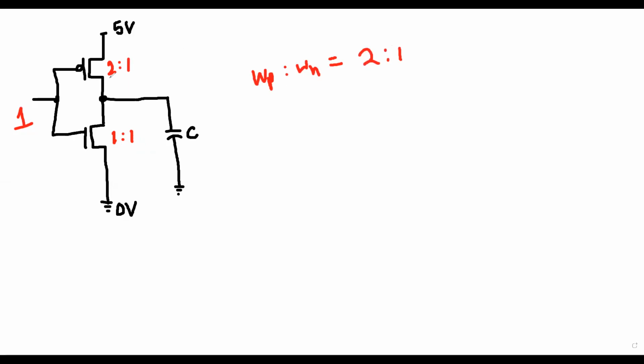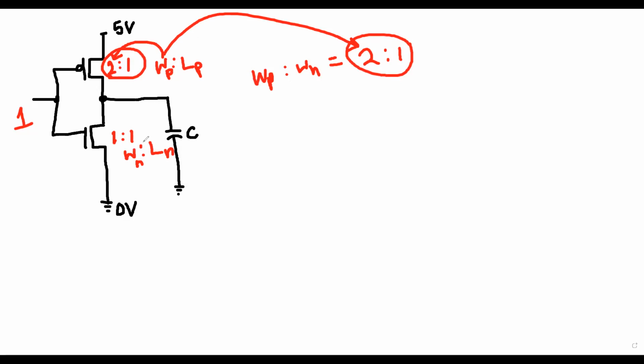Now these 2:1, these 2:1, they are not the same. Remember why? One is W divided by L, this one is also W divided by L. What is WP? This is LP. This is WN, this is WN. Now here, what I have asked is WP. So what is the value of WP? That is 2. Write 2 here, these 2 and these 2. And WN, what is WN? This one is WN. I know it can be confusing at first, but you will learn, no problem.